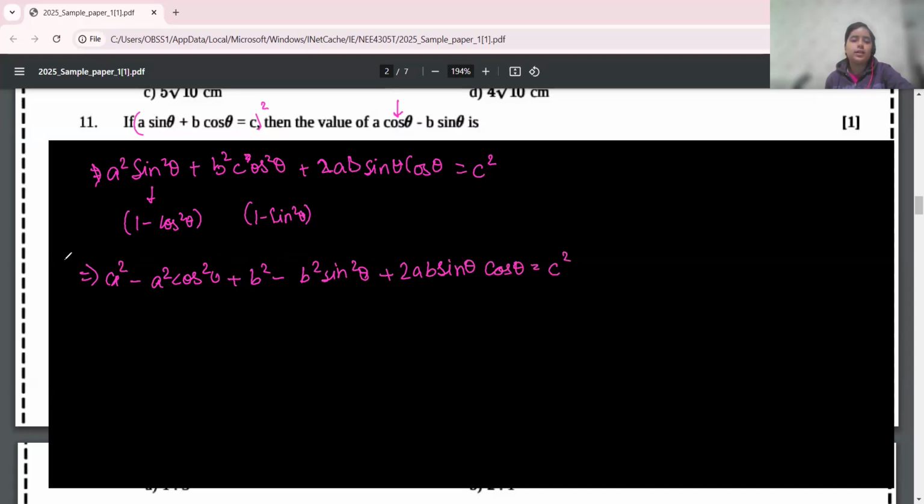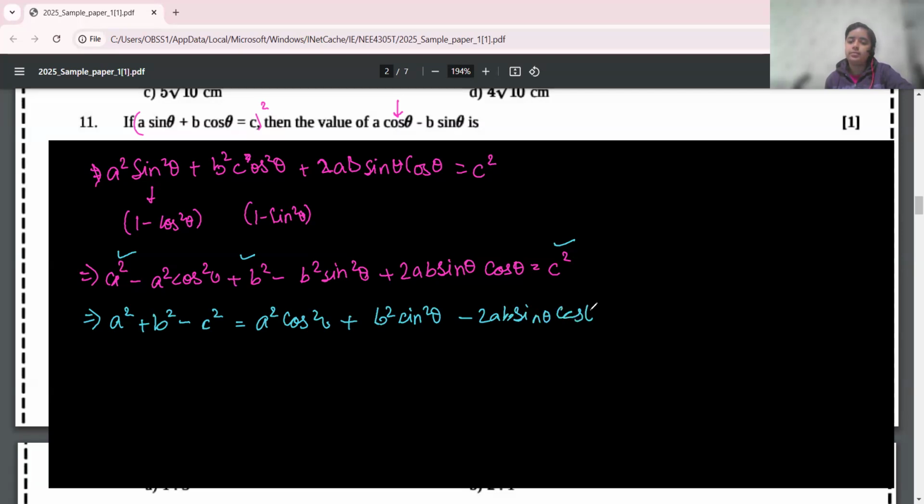Now I'll keep the A square, B square and C square on the LHS. So we get A square plus B square minus C square, and I transpose the rest of them to the right hand side, which becomes A square cos square theta plus B square sine square theta minus 2AB sine theta